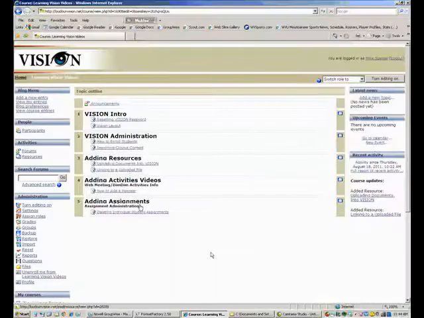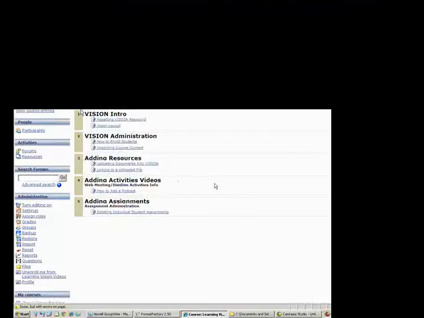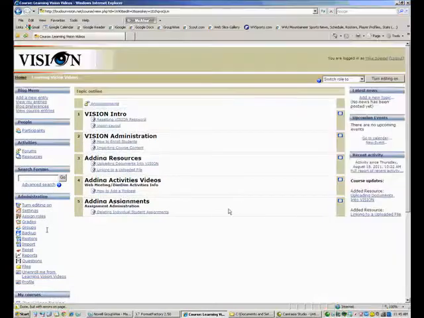Okay, what we're going to do in this video is I'm going to show you how to add more blocks or topics, as they're called. You notice right now I have 5 of them right here on the left-hand side. If I'd like to add more or take some away, the way that you do that is over in your administration block. Obviously you have to be an instructor in the course in order to have the administration block.